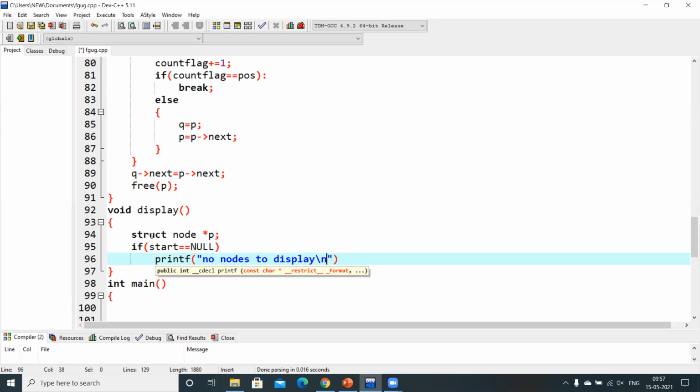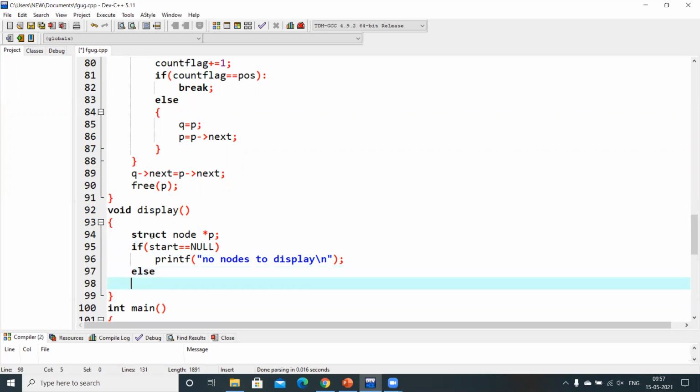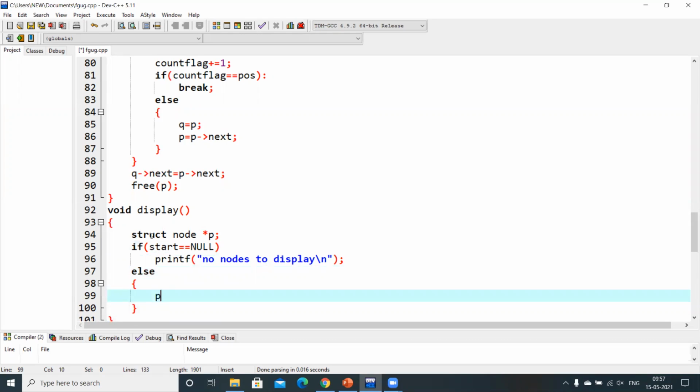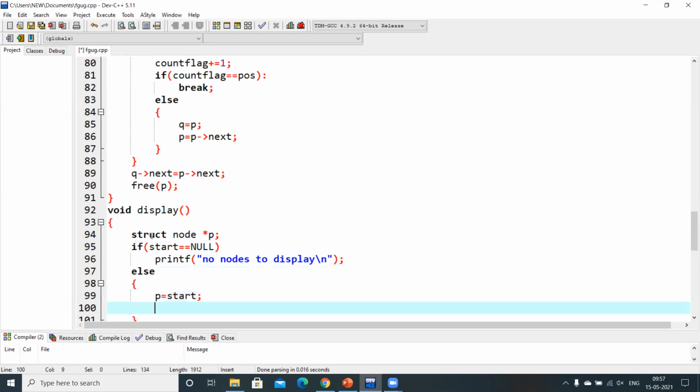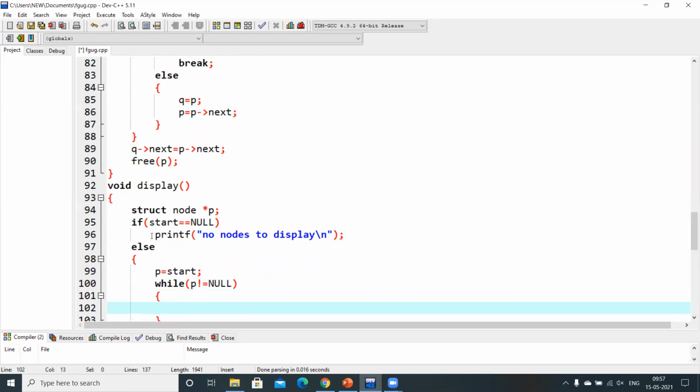Display, I am writing \n, and then else. If there are some nodes to be displayed, then I will take the start, and then while p not equal to null, until we reach the last node, I will go one by one, right?